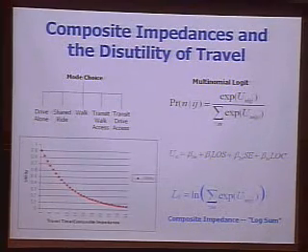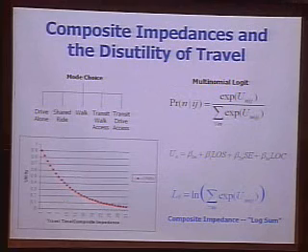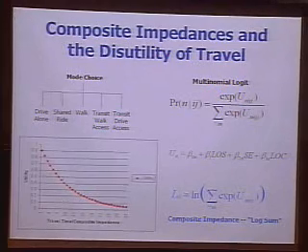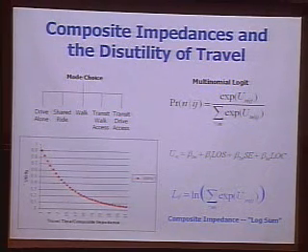If you look at the exponentiated u in that term, that represents utility. As I said, these are random utility models. So what we're actually attempting to do here is to measure the utility of the traveler for that particular trip from i to j. We're looking at the utility of each mode, and they're going to probabilistically choose one. They're more likely to choose the one with the highest utility.